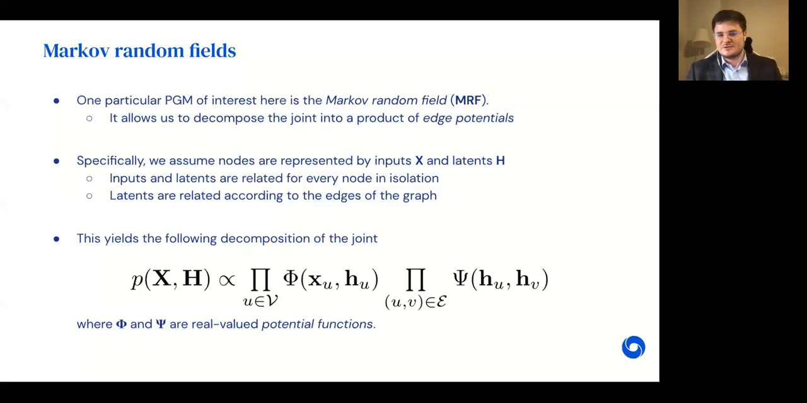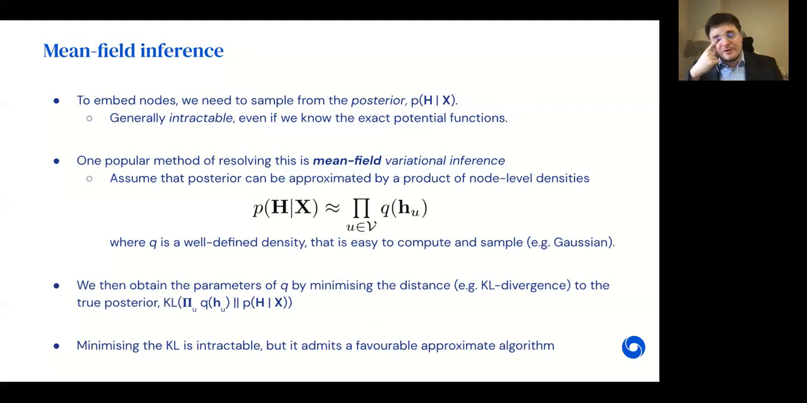And this factorizes your probability distribution into something that's proportional to one potential function applied to the x and the h for the same node, and a product of potentials of pairs of latents across all the edges of your graph. So these phi and psi are any real valued functions which tell you the energy of this particular node latent or latent pair. And that specifies the probability distribution. Now, if you want to embed nodes, if you have some inputs x_i and you want to compute h_i, you need to sample these vectors from the posterior distribution p of h given x. Now, even if you know the potential functions, this is generally intractable, and you need some approximations to actually do